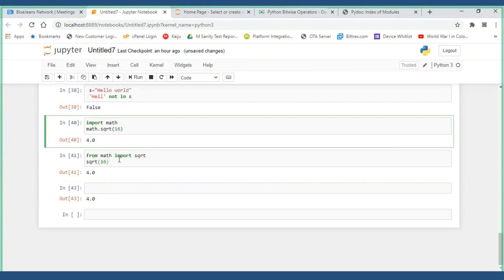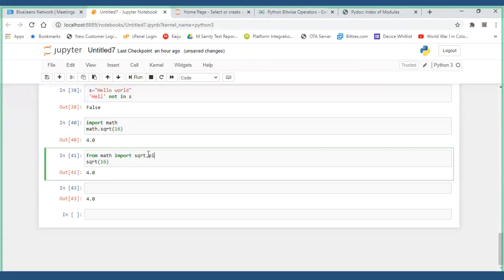See, anytime your program has to execute fast, what is it doing? Math will be having so many functions in that particular folder. It will be loading everything into the Python memory. So the execution time might take a little more than what you are anticipating. To avoid that, I definitely know that I'm going to use only the sqrt function, or I might be using one more function called pi. Sqrt and pi, both I'll be using.